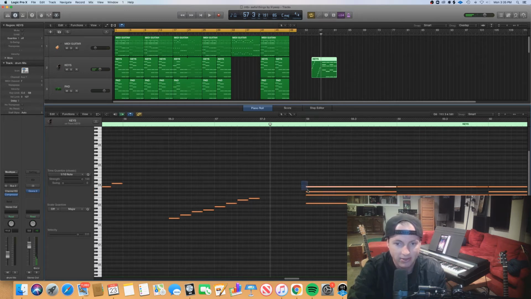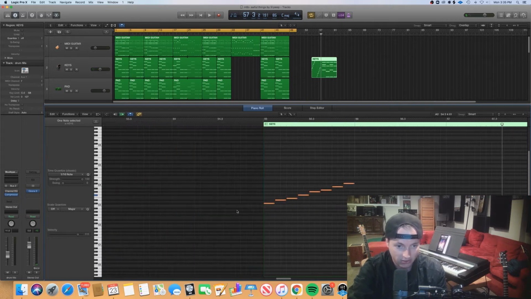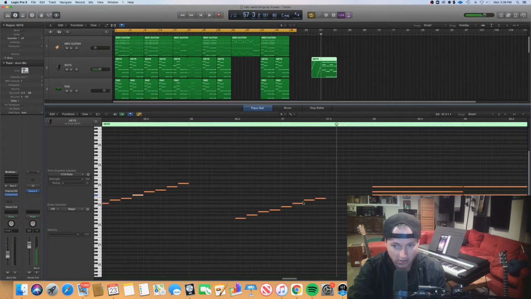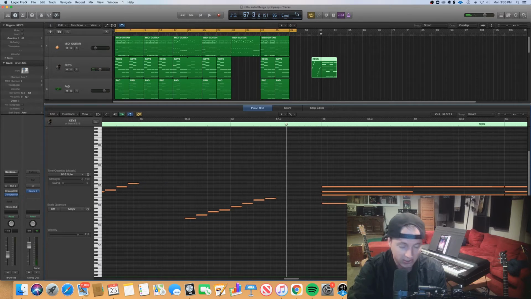So in essence, these 3 notes are what make this a C sharp minor 7th. And instead of the E, the actual minor third from the chord, we're getting the 4th from the scale. So F sharp would be the 4th note. So we would call that a sus 4.